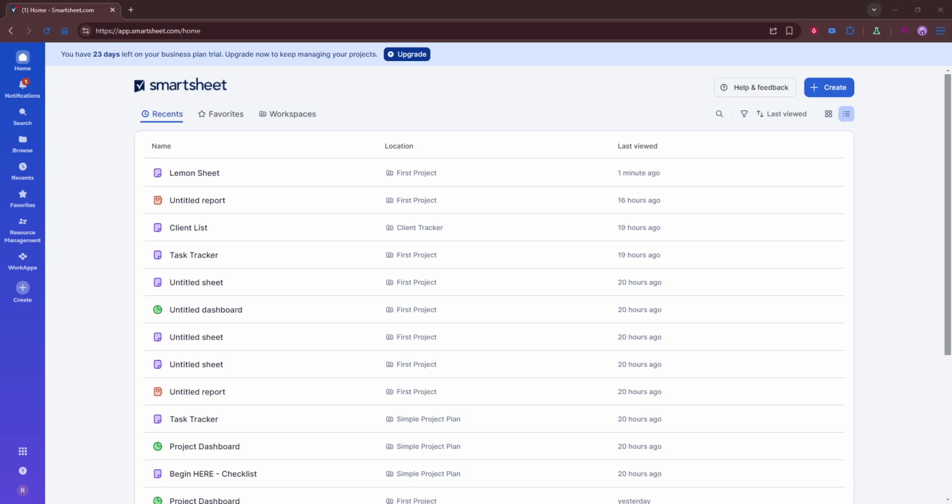In today's video, I'm going to teach you how to create a sheet in Smartsheet. To get started, open Smartsheet and sign in to your account. Once you're logged in, you'll be taken to your main workspace, where you can create and manage different sheets, reports,